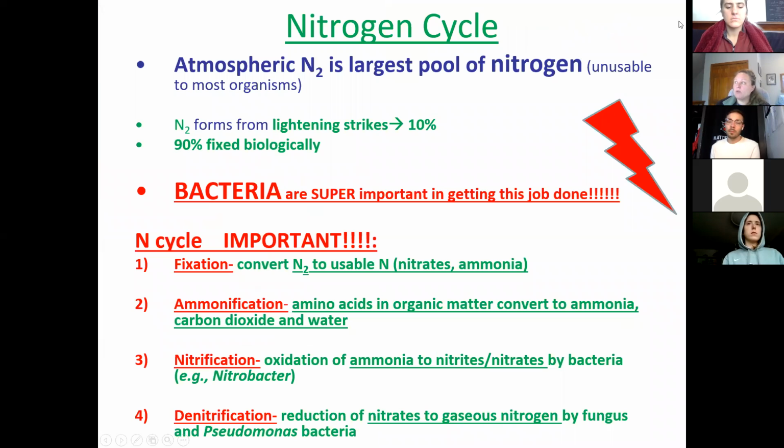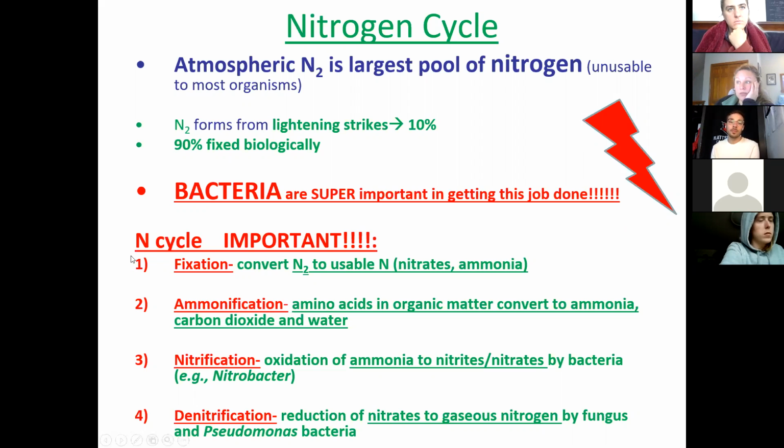This is really what you want to memorize. You see this big lightning strike here. That's where a lot of the nitrogen is coming from, as well as the volcanic eruptions. So when we say nitrogen cycle, I want you to think bacteria, and I want you to also think that a lot of this derives from the atmosphere. Where is nitrogen coming from? It's the atmospheric pool. Just like we saw with phosphorus being sedimentary, this is going to be atmospheric, and we're going to focus on the bacteria. Without this bacteria, no plants would be able to access this nitrogen.